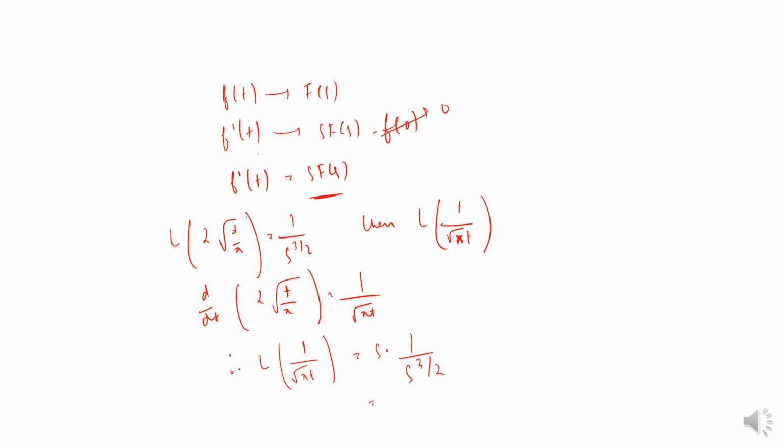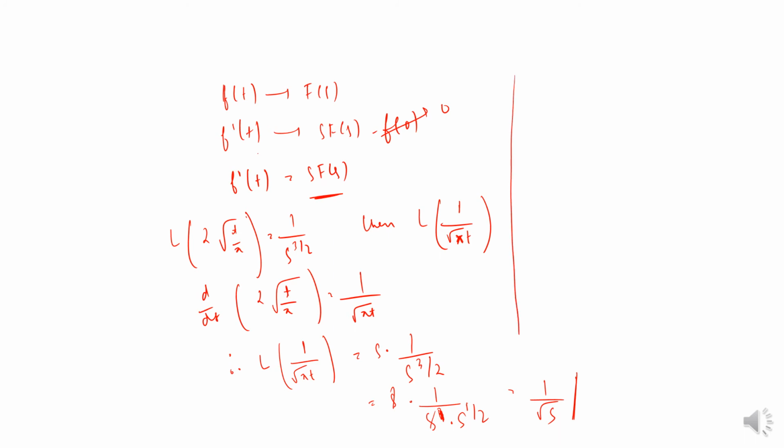So what do we write? It is equal to s into, this can be written as 1 by s cube into s power 1 by 2. Correct? No, this is s power 1, sorry. So when bases are the same, powers get added. So 2 plus 1, 3 by 2, right? So s gets cancelled, and it is equal to 1 by root s. So the answer to this question is 1 by root s, right?